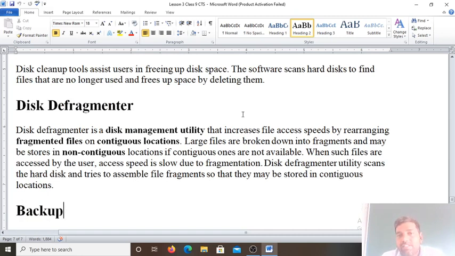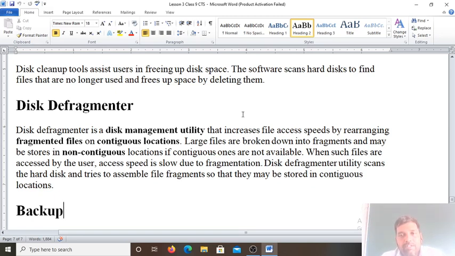Disk defragmenter is a disk management utility that increases file access speeds by rearranging fragmented files into contiguous locations. Large files are broken down into fragments and may be stored in non-contiguous locations if contiguous ones are not available. When such files are accessed by the user, access speed is slowed due to fragmentation.